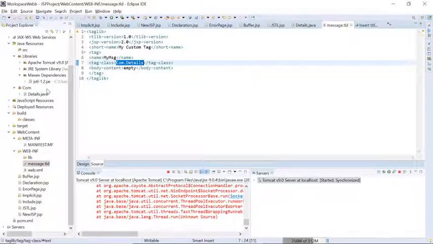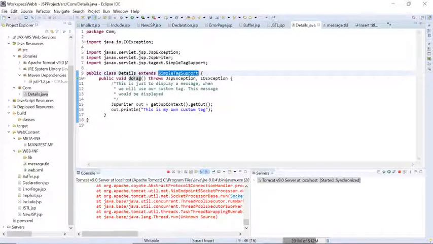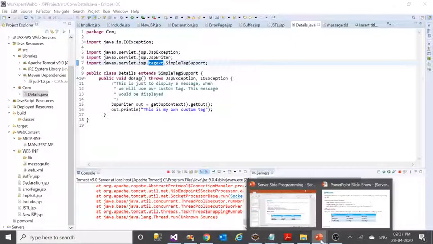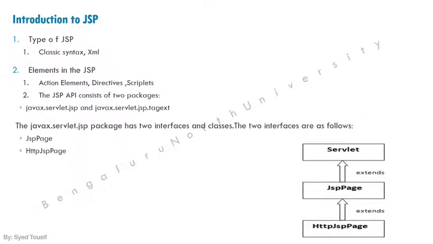So to give functionality we have to create one class. You can check out, here are the class details I have created. In this I am using the SimpleTagSupport class. SimpleTagSupport comes in the tag extension library, which we have discussed earlier also.